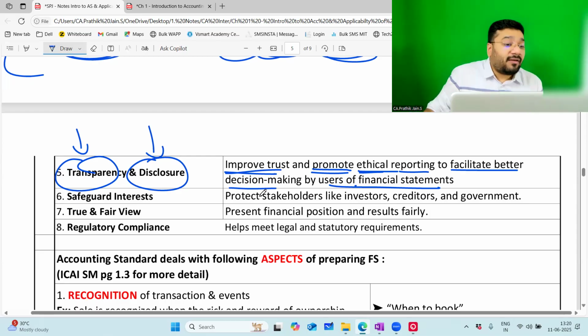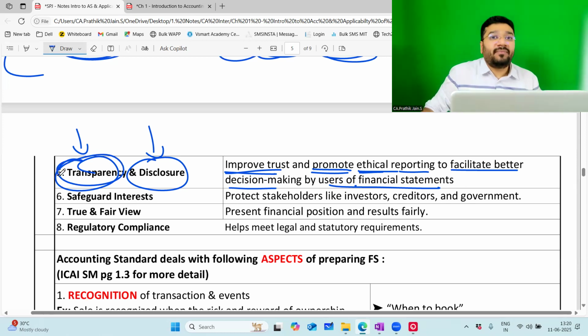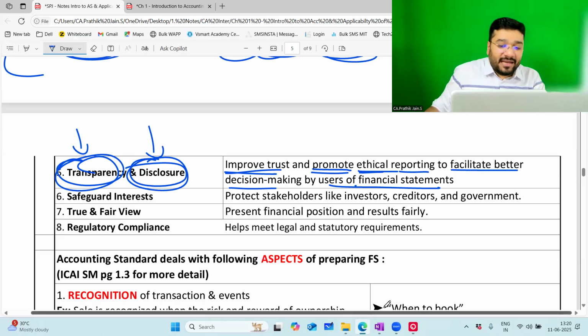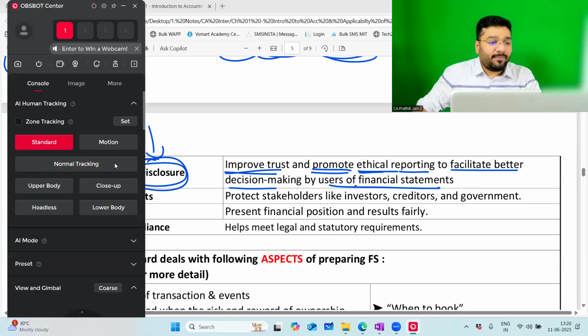So give me the transparent data. Don't hide anything from me. Disclose everything properly. Don't disclose in cryptic words. What are cryptic words? In a not understandable manner. You're just giving hints here and there. We're getting hints, they're playing treasure hunt with us. Like that, don't do it. Everything should be clear, crystal clear. Every piece of information should be crystal clear. Any problem?